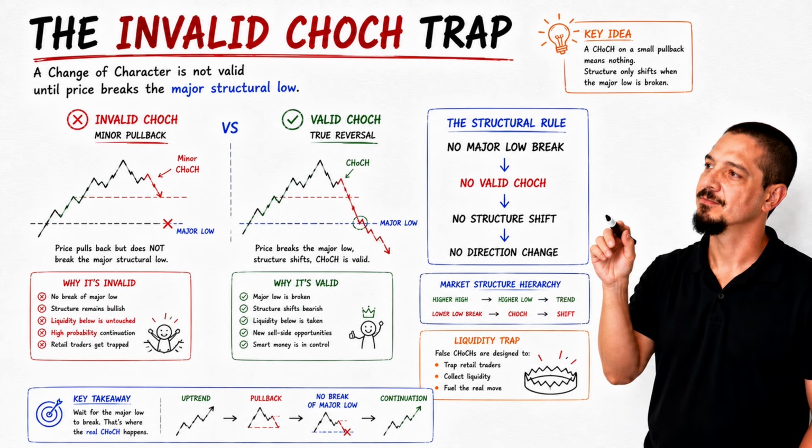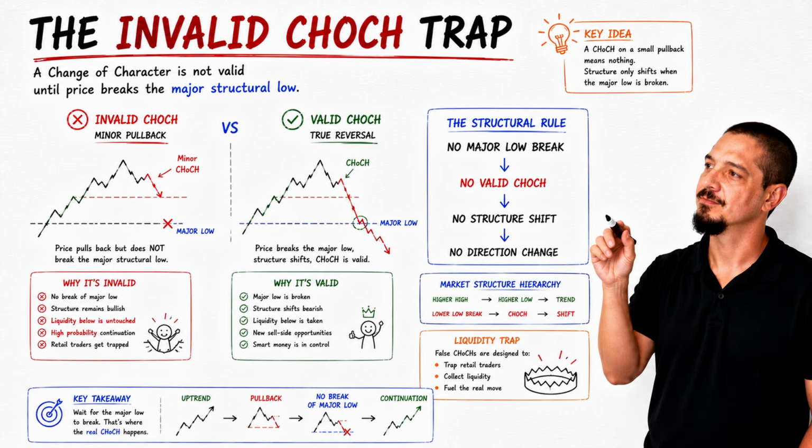What they miss is a crucial detail. The price did not break the major low that would confirm a shift in market structure. They should not enter a short position until the price breaks the last major low to the downside. Their perceived change of character was invalid, and the price was merely in its retracement phase before resuming its primary